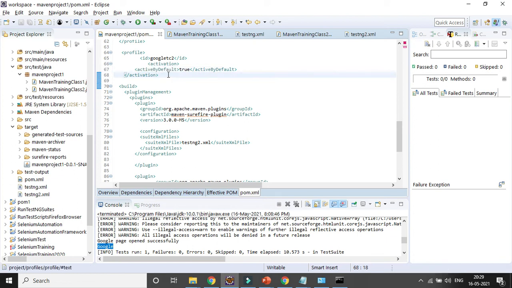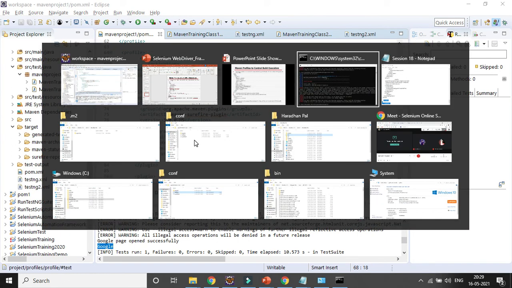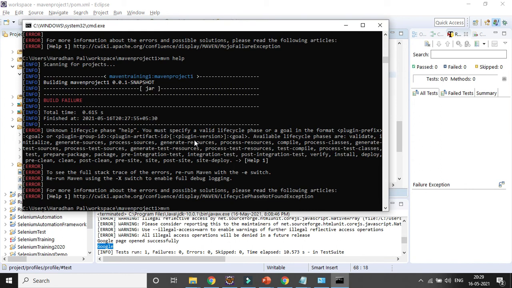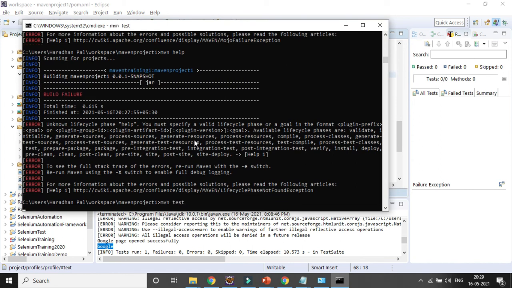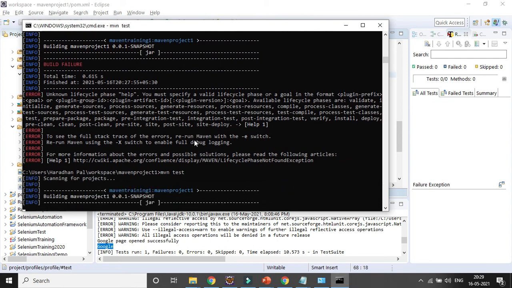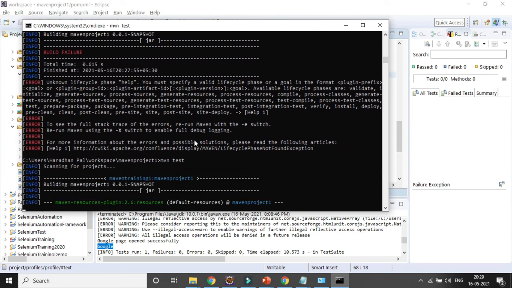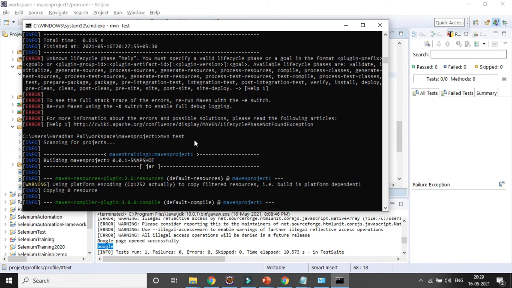Now try to run it with the help of Maven test, and let's see whether it is running or not. So definitely it should run because you already set something as default. So though it has multiple profiles, one profile is by default in nature without activating anything. So it will run the Google test case 2 which is the Google one.